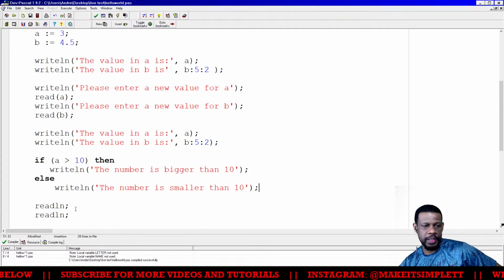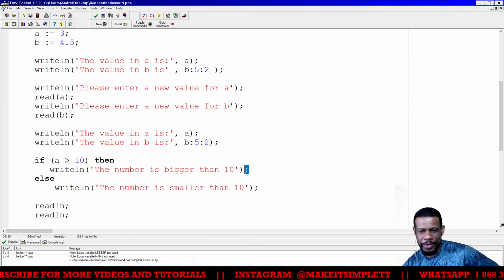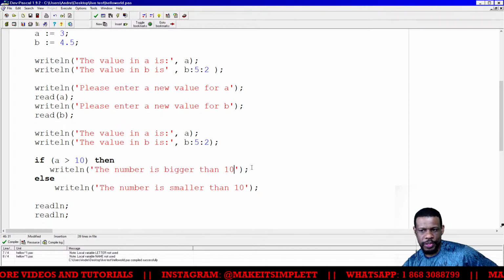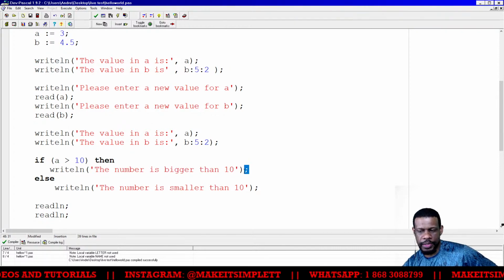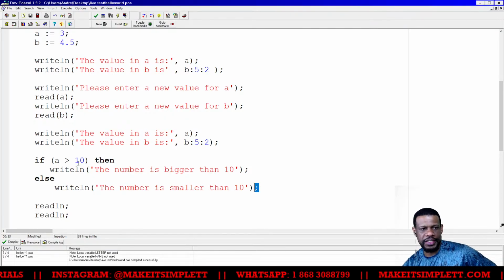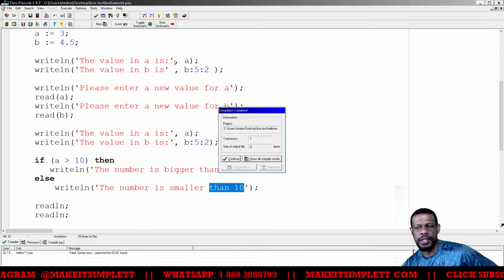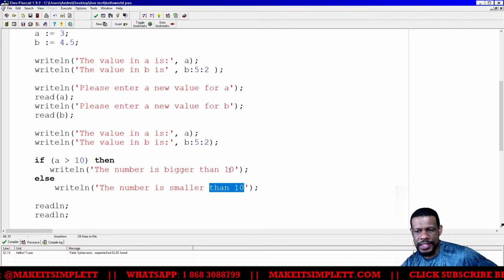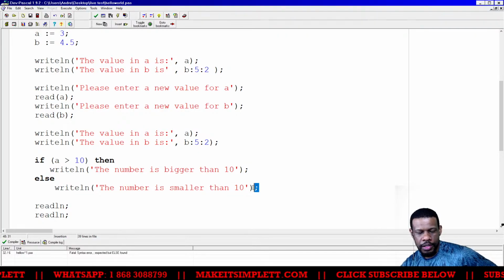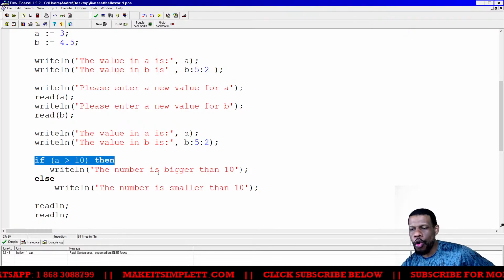Now what's the problem I'm going to bounce up? The problem is that the compiler is going to see this semicolon here as the end of the whole statement. And this semicolon here is not where I want the whole statement to finish. I want this to be the end of the whole statement. So what will happen? If I put a number that's less than 10, it's supposed to print out the number is smaller than 10. But it won't, because I'm lying to the compiler by saying stop here. But then I have a next semicolon here. Because remember, the compiler sees an if-then statement as one whole line.